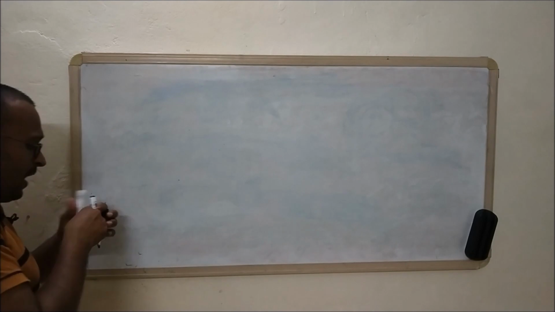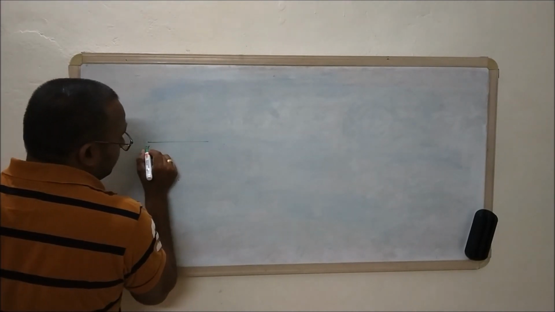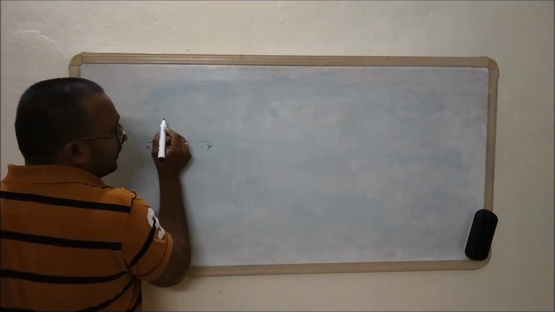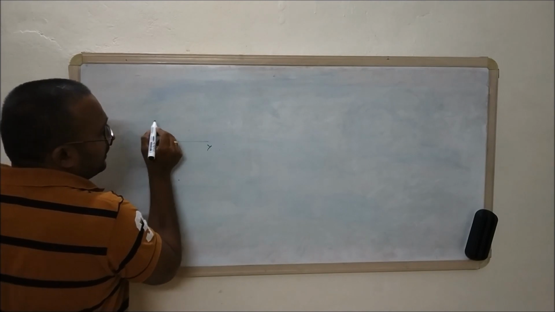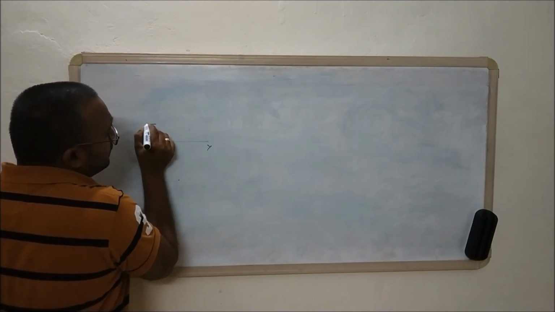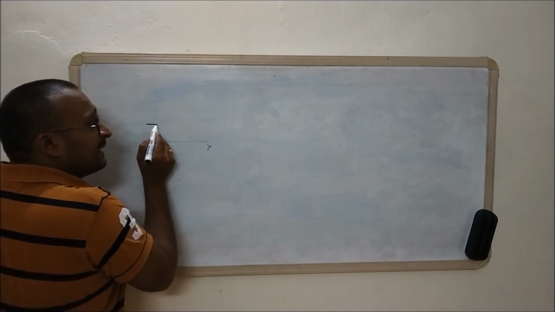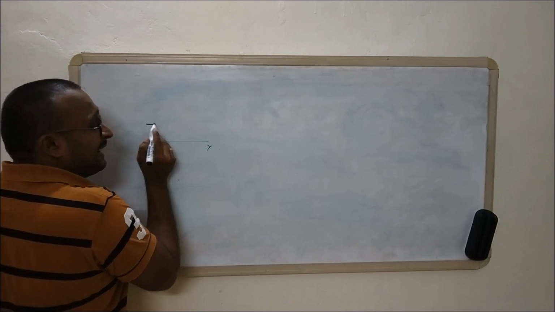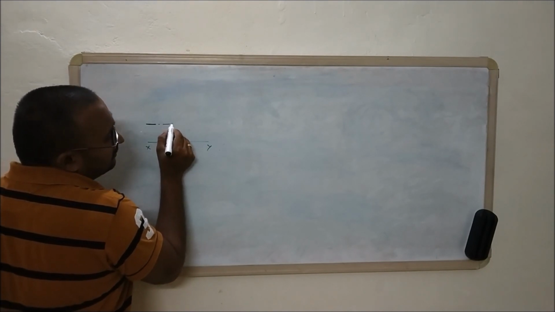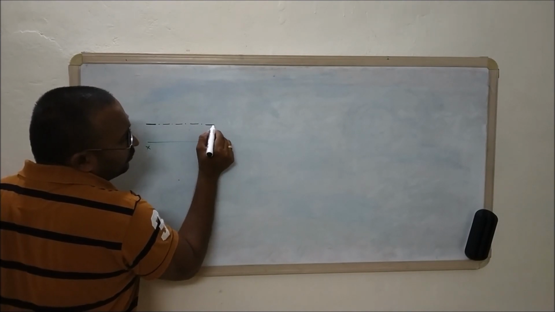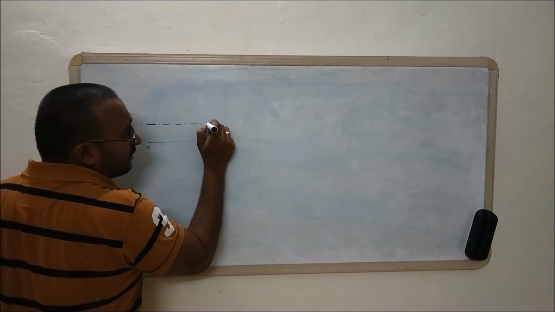So here if you have an XY line, then when a section plane is perpendicular to the VP and parallel to the HP, there will be a section plane, right? For this, where we are going to construct the section plane, initially we must start with a thick line, then a dot, and finally we should end up with a line.